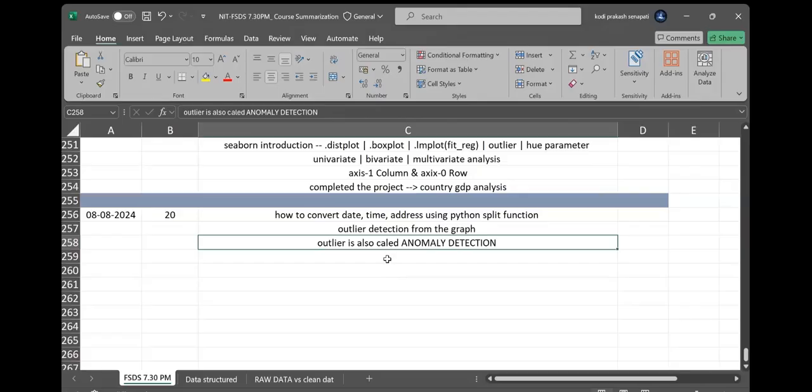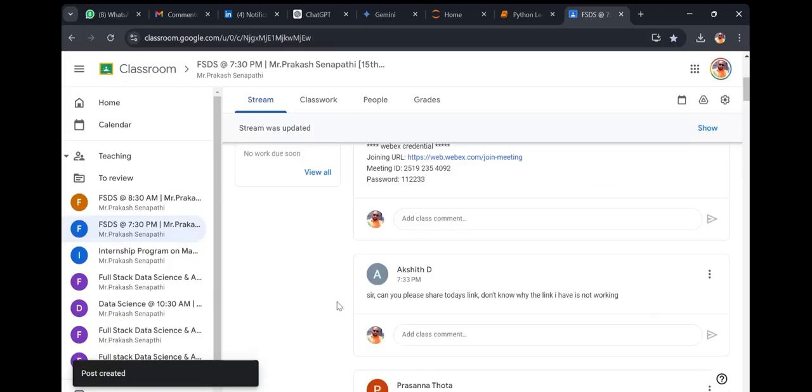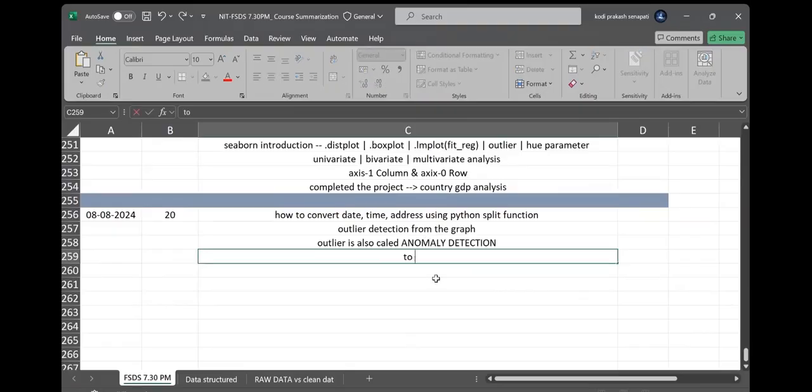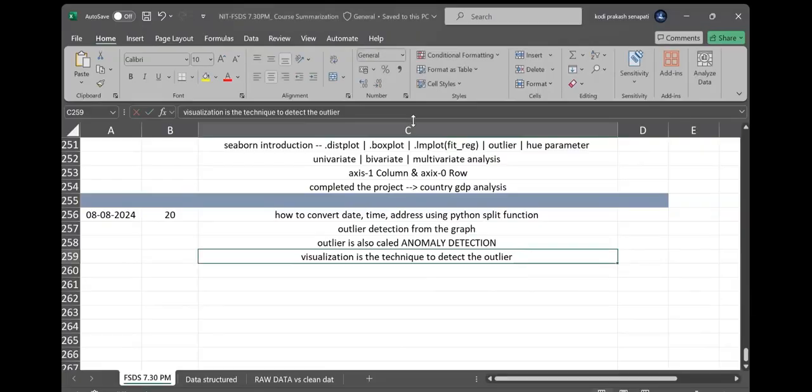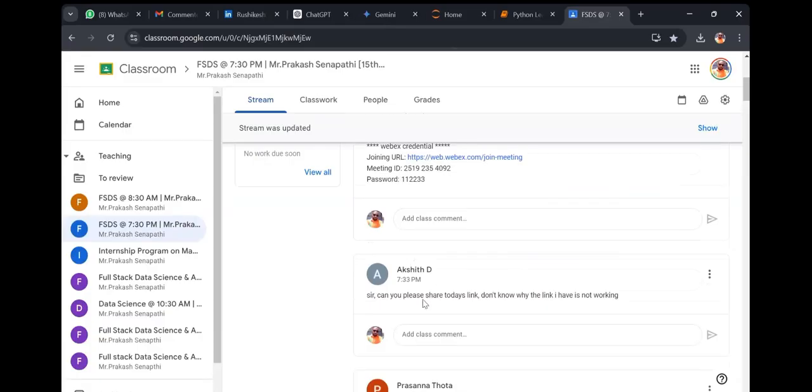Okay. So the next one, how to detect outliers: graph visualization is the technique to detect the outlier. Understand, guys? How do we detect an outlier? Visualization is the technique to detect outliers. Pretty clear. So the next one is